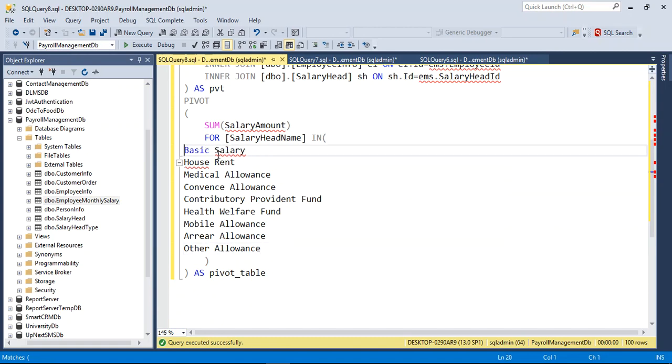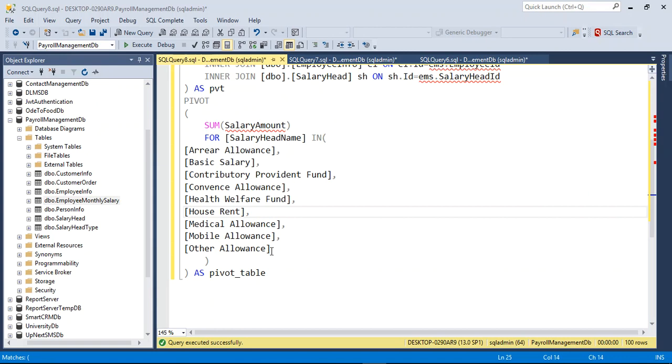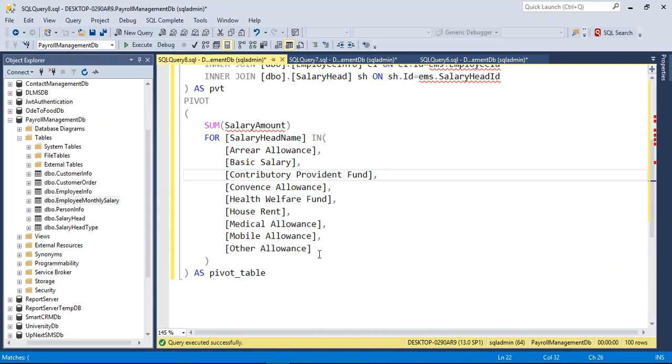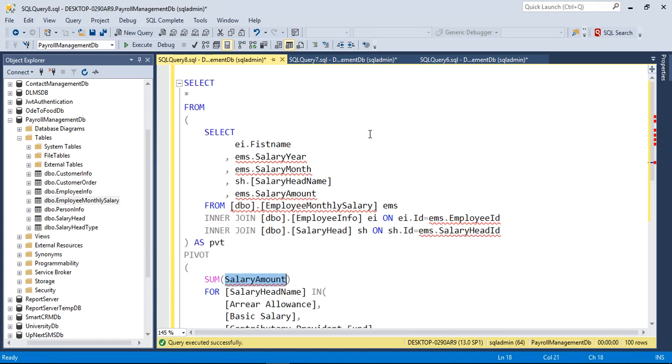So these are the columns. So open, then close, then comma, then open, then comma. So we can get this as like this. This is the SalaryHead name, and these are the values of SalaryHead, and under this SalaryHead we just want to aggregate the salary amount. So if I execute this,